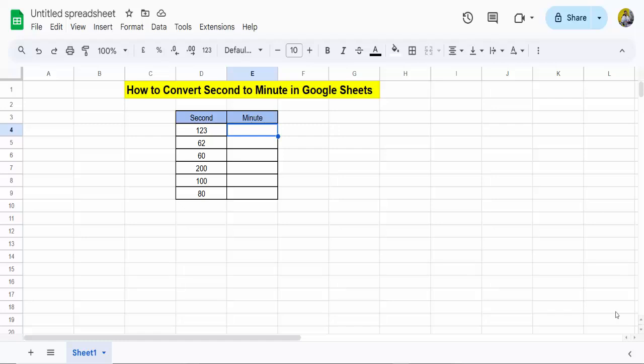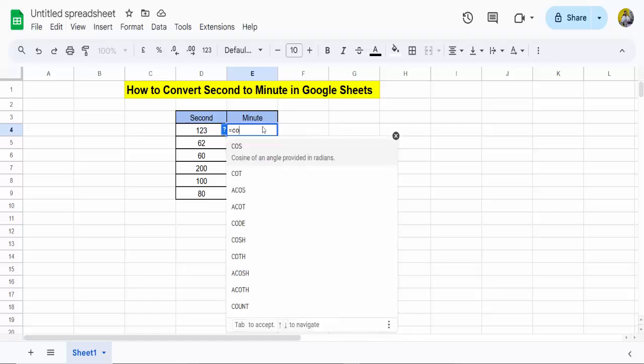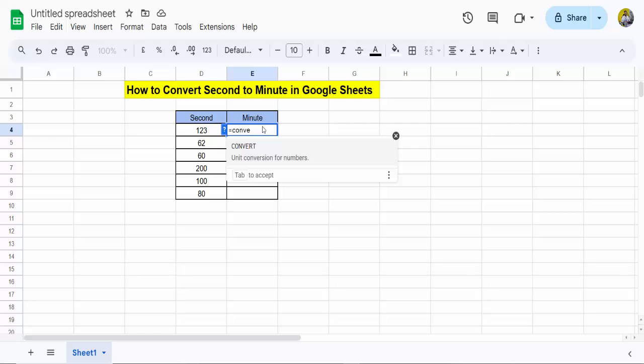Now move the mouse cursor to the minute cell. Now click, then press the equal sign. Now type CONVERT. Now select the second cell. Now press comma, then press double quotation,